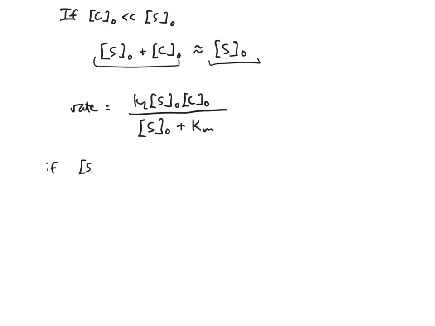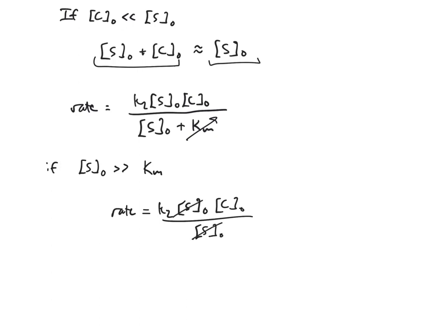If the starting concentration of S is much higher than that composite constant, then what that means is now this one goes away too, and the rate just becomes K2 starting concentration of S, concentration of C, divided by